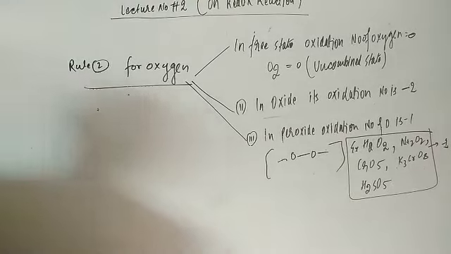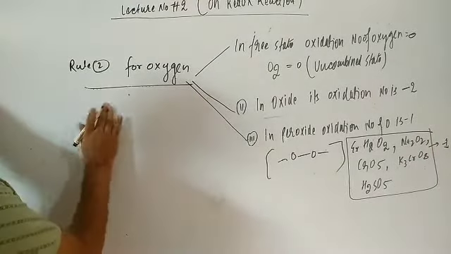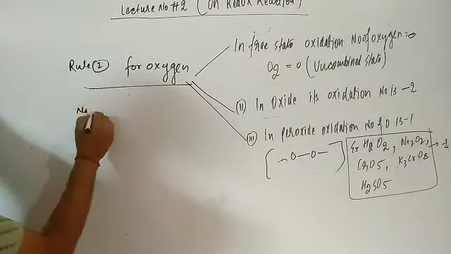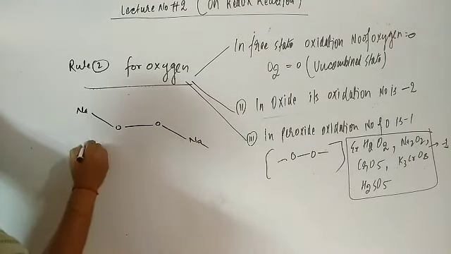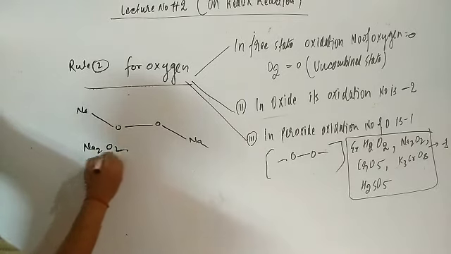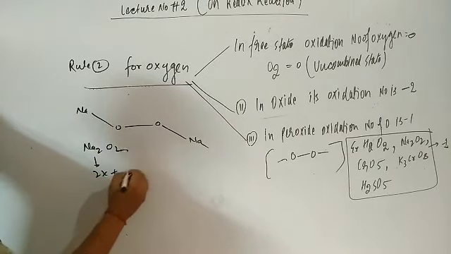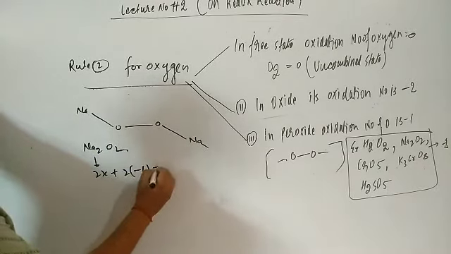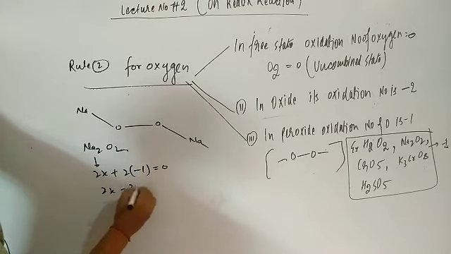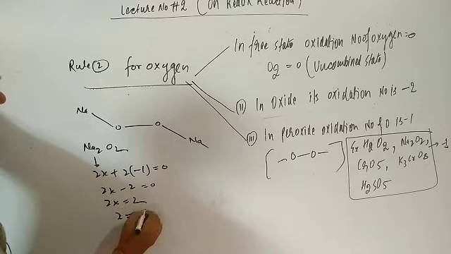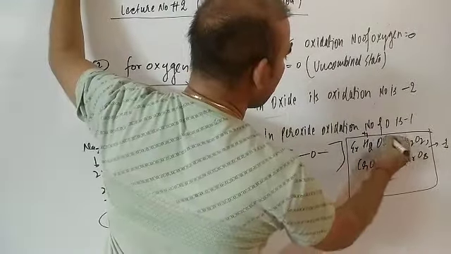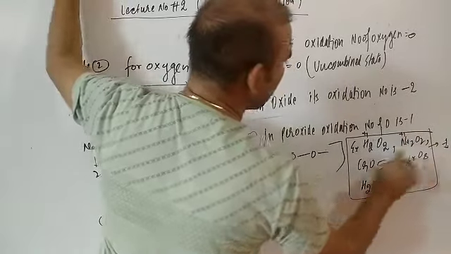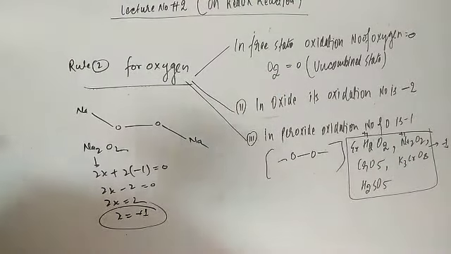To avoid the mistakes, you should know Na2O2 has a similar structure, Na-O-O-Na. So this way if you are considering Na2O2, this is 2x, and oxygen -1 multiplied by 2. So 2x - 2 = 0. So 2x is equal to 2. So x is equal to +1. So here +1 is coming, here how much? +1 is coming. Now let us go for the CrO5.